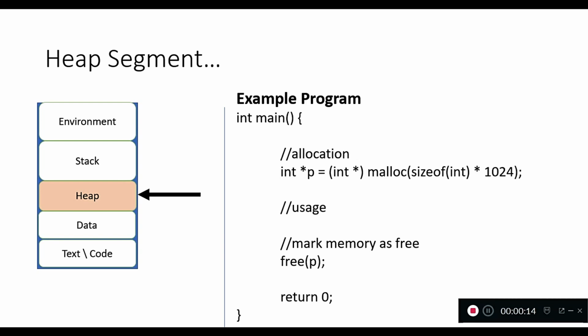Now let us have a look at an example program where we allocate the memory and release the memory. In this program, I have not written any statement where we are actually using the allocated memory. So what we see is the malloc statement is allocating some 4 KB of memory, and p is a pointer variable which will be referring to that allocated memory. Next, we are supposed to use it. Possibly I'll store some data in that memory, perform some operations, and once I'm done with the memory, I should release that memory.